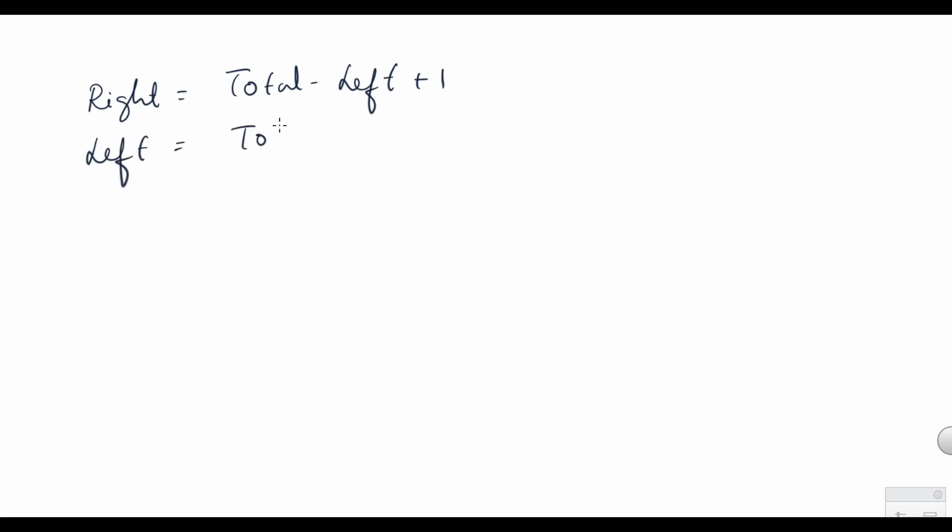Right? So the shortcut is, if you're finding the position of one person from one end, let's say from left end or right end, the position from right end is equal to total number of people minus position from left end plus 1. Same thing, if you're finding the position from left end, then it is total number of people minus position from right end plus 1. Okay, this plus 1 is very important. Is this clear? This shortcut we use to get the position of one person using the position of the same person from the other end.